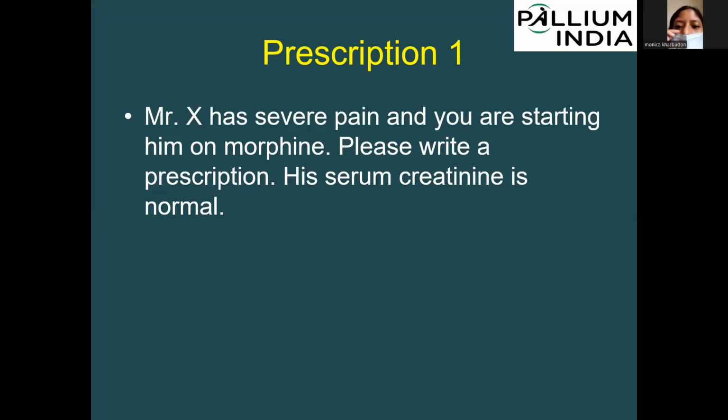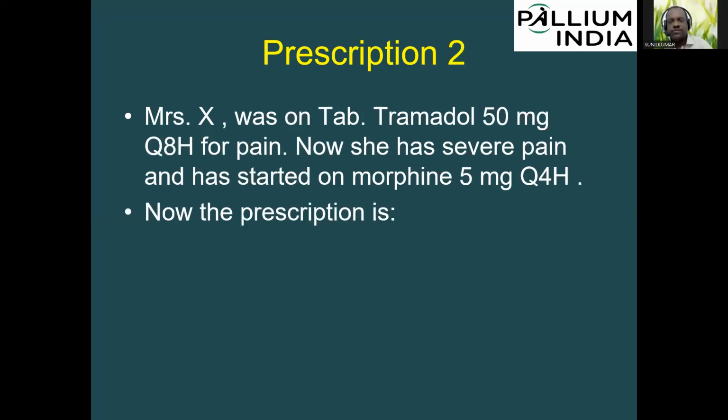Tab Dalcolax. Yes, very good. Tab Dalcolax 5 milligram 2 HS, because we told that when we write opioid, there should be a stimulant laxative. So Dalcolax should be there. That is bisacodyl. Anything else? Tab metoclopramide, 10 milligram TID, because you are expecting nausea for the first few days. So you will write tab metoclopramide 10 milligram TID for 3 days. But morphine and Dalcolax or bisacodyl, you have to continue.